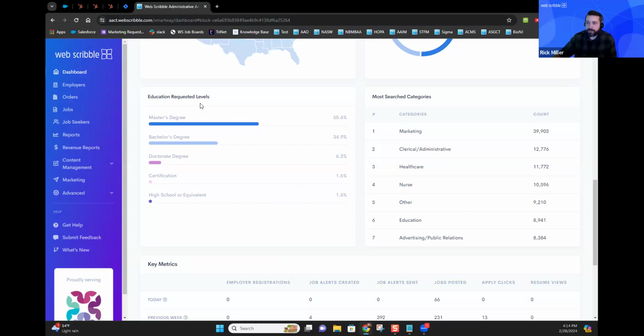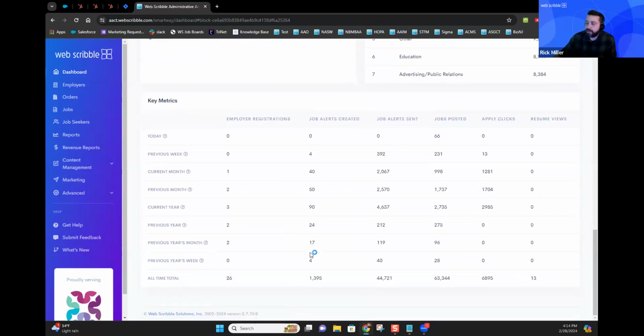We also have information about the education levels attached to their job posts. For example, you may see here that 55.6% of the employers that post jobs on this site are looking for a job seeker that has at least a master's degree.